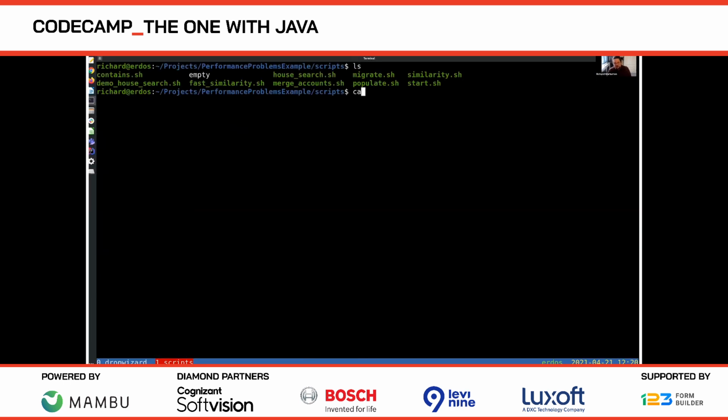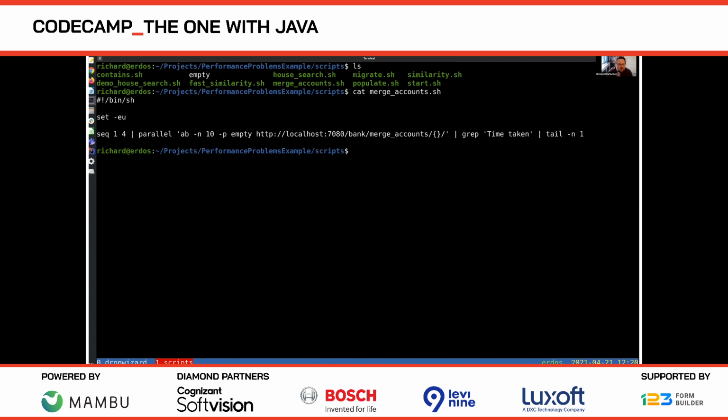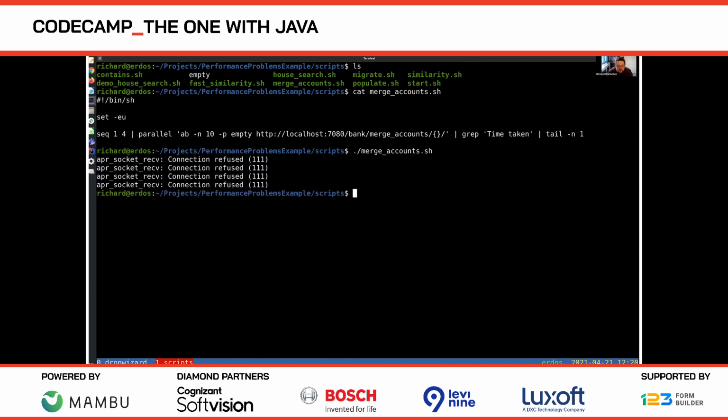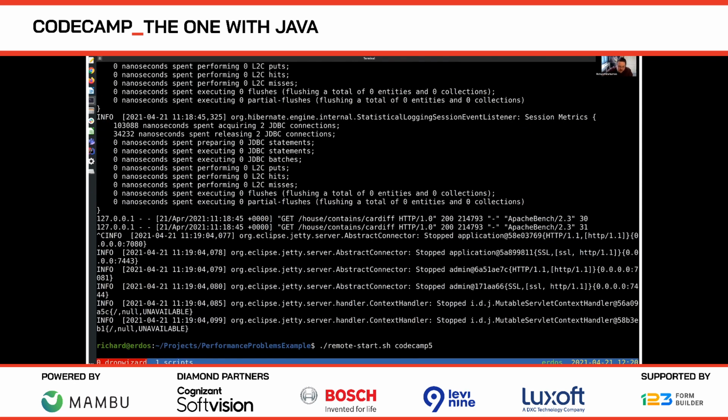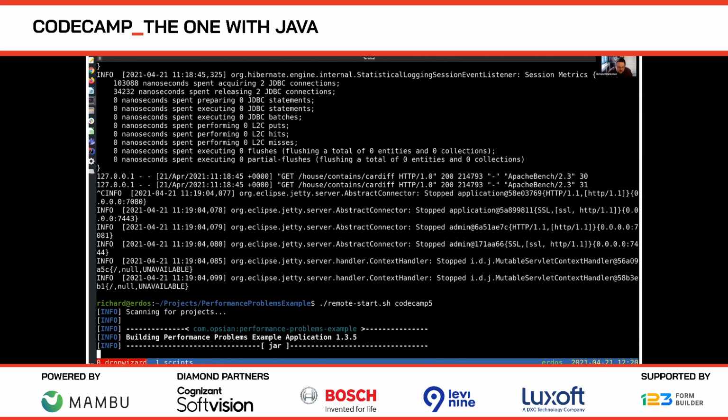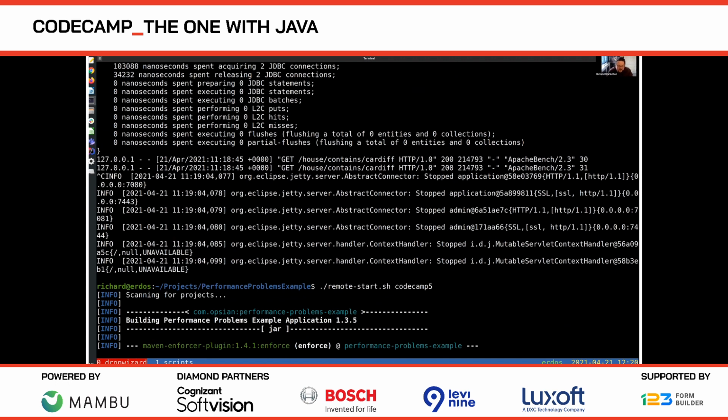Well, I've got another script called merge accounts, and that is going to run in parallel a bunch of benchmark requests on the localhost with different user IDs 1 to 4, pulling them in. Let me get this started. Oops. Let me start my backend service up so we can run that benchmark.